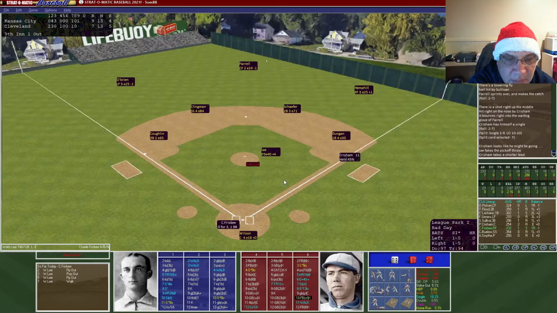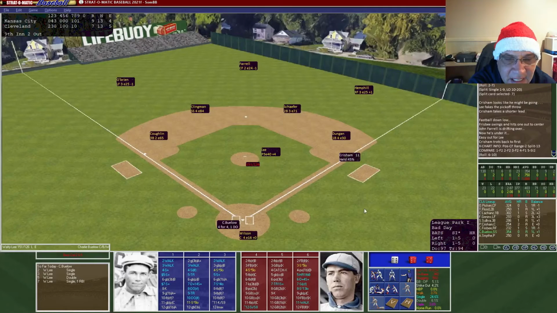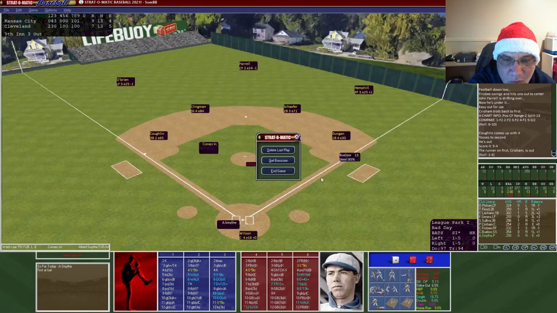Farrell's going to have to make another play in the inning. Let's see if he does. He does. He gets under it easily. Two down. Now here's Buelo, 4 for 4 with a double. We went up, and he unfortunately is going to ground out to third, and that's going to end the game.